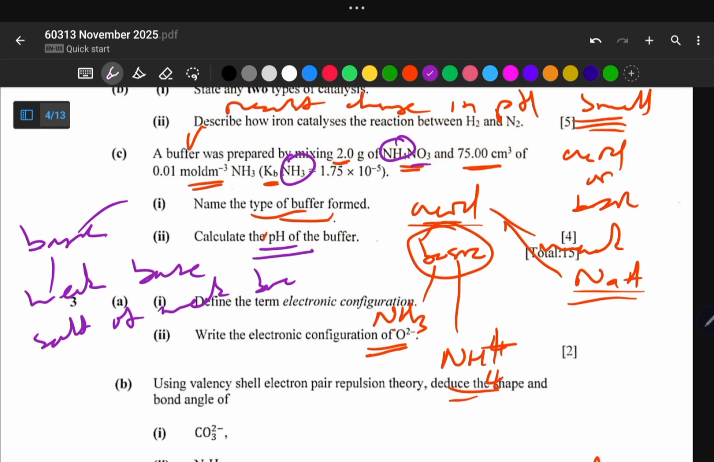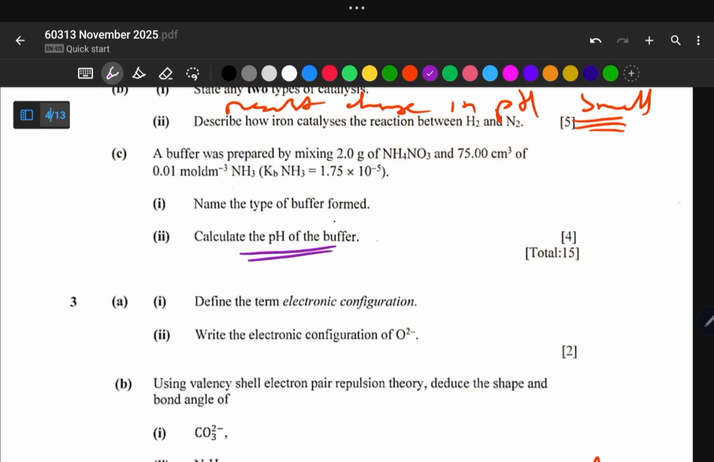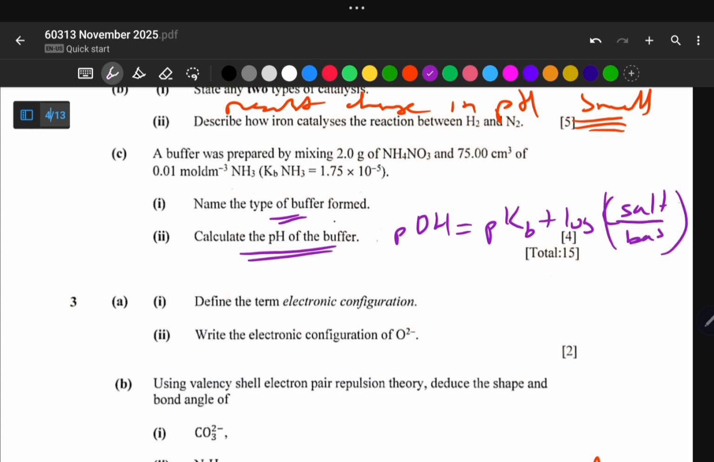For us to get the pH, we're simply going to use the Henderson-Hasselbalch equation, right? Since this is a basic buffer, the formula is pOH is equal to pKb plus log of salt over base, right? And we are done. So we're simply going to substitute. Our pOH is equal to pKb, so our Kb is given here, negative log of 1.75 by 10 to the negative 5, and then